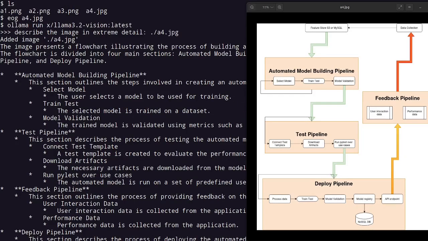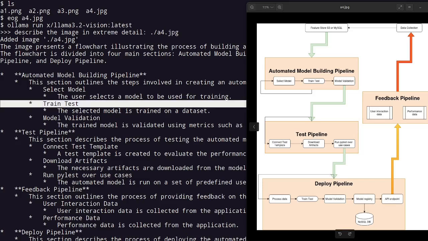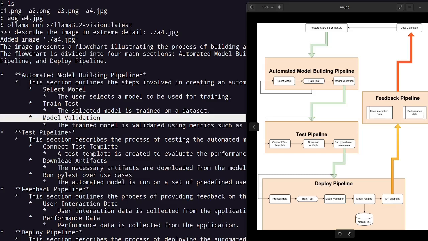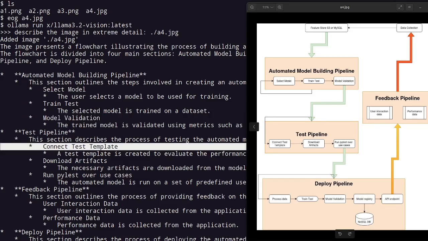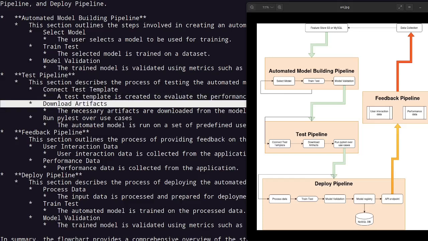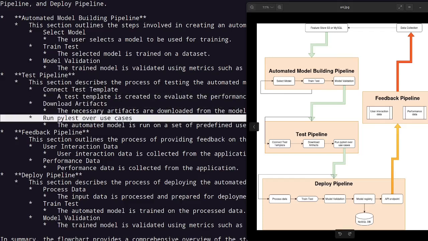See, what else did it get? Select model. Wow, it got the select model. It got the train and test portion of the model. We got the model validation. Wow, it got everything. Test pipeline, what did it get? Connect test. Oh, wow, this is mind-blowing. Download artifacts, run PyTest, use cases. Wow, this is almost